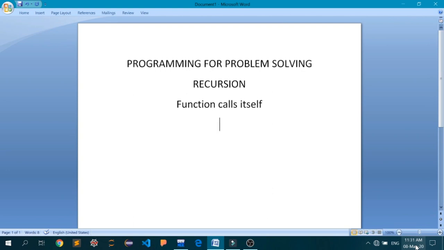So I think you must all be familiar with the factorial of a number. Suppose I want the factorial of 5. This will be implemented as 5 multiplied by 4 multiplied by 3 multiplied by 2 multiplied by 1.